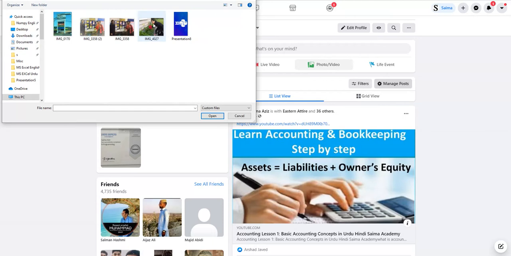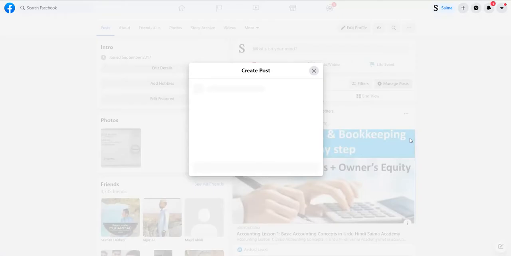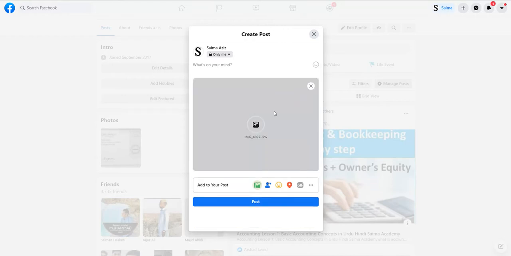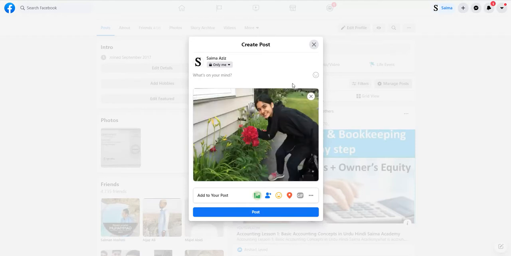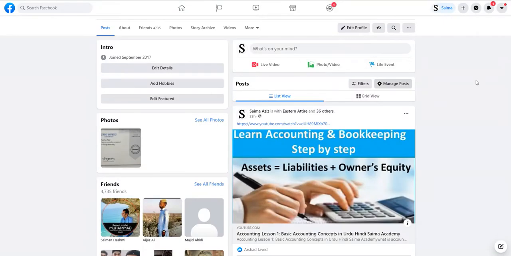Suppose I want to upload this picture, so just double click and you will see it will take only a few seconds. The picture will be there. See how easy it is. Now, after this, see edit mode is there, add photos is there, picture is there. Another way, I will show you now another way, that is why I'm going to cross this out.